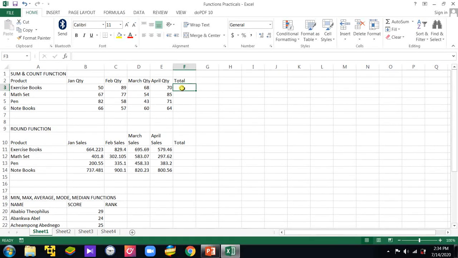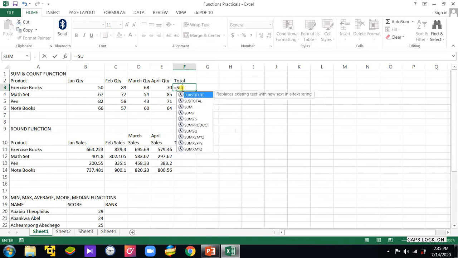The first thing you are told to do is to type the equal sign. After typing the equal sign, you bring the function's name, and the function we are going to use is sum. So you type sum, and then you bring your opening bracket,